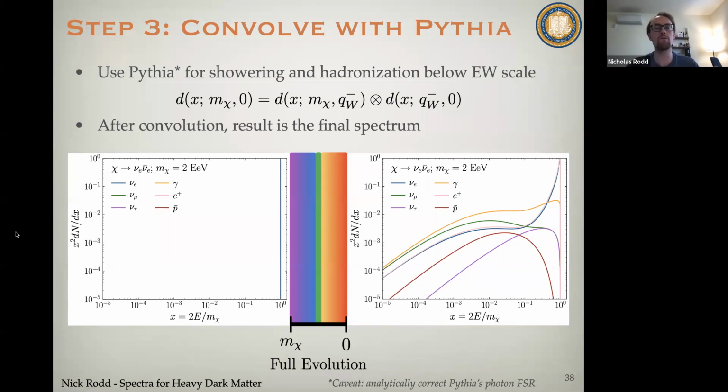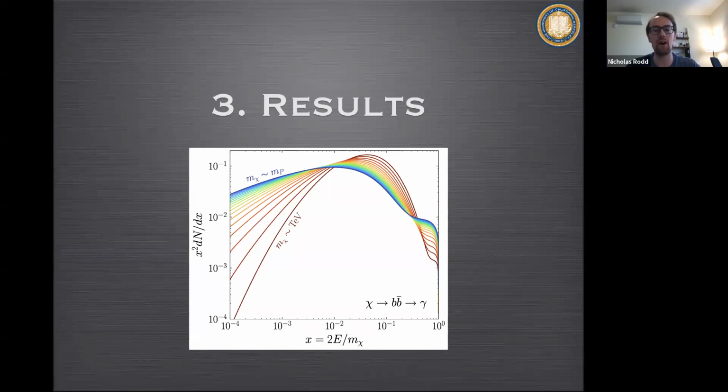So that's just a quick overview of how we did the calculation. Of course, there's a lot of details I haven't gone through in full, but hopefully you get an impression for what we did to calculate this. And what I want to show you now is some results using this formalism. And in particular, as advertised, I want to show you some spectra at the Planck scale, just because I think that's pretty cool.